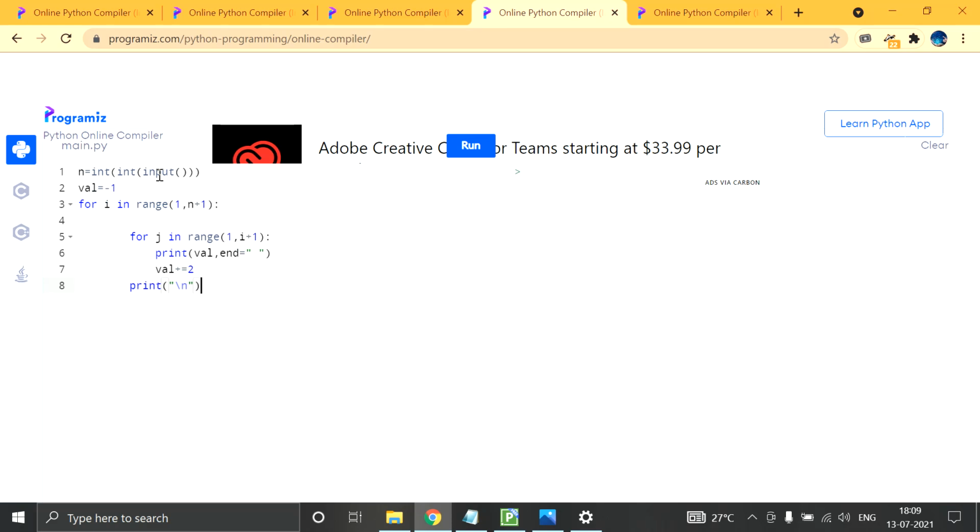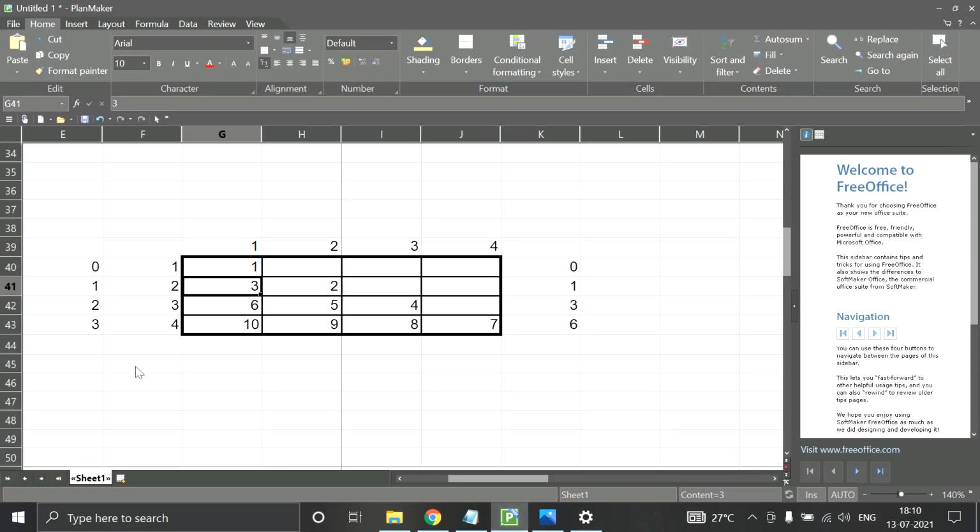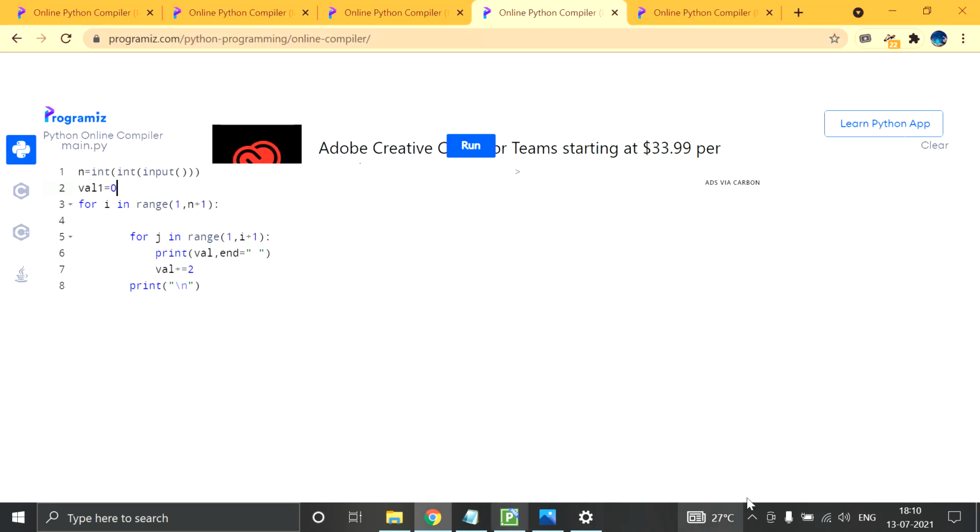So first we are going to take n as the input, and as I told you, we are going to keep a val 1. Okay, let's keep it as value 1 or 2, whatever you want, and it's going to be 0. This 0 is actually this value which we are going to continuously increment by 1. Okay, and this is the loop for the row. It's going to be the same, and after this we have to define the value which we are going to print. So I told you that it's going to be